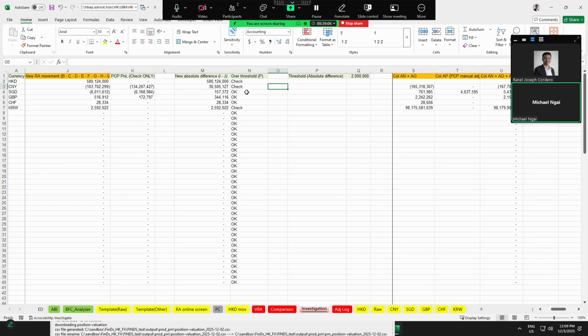Maybe one last thing: for example, some are valid, but the formula leaves them as check. Is that okay? We can leave them be? Yeah, it's just the formula, because I don't want to adjust the threshold for Chinese dollars. I just have a mass threshold, but in the future maybe you can change the formula and make more specific thresholds. I'm just lazy. Because I'm experienced, I know the risk appetite of each currency more.